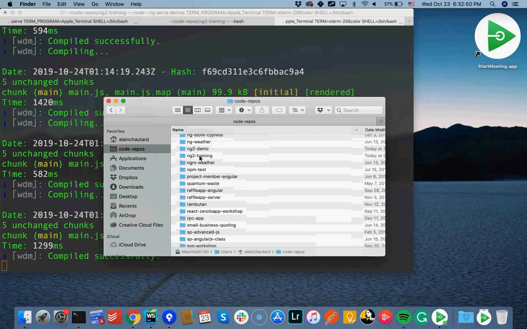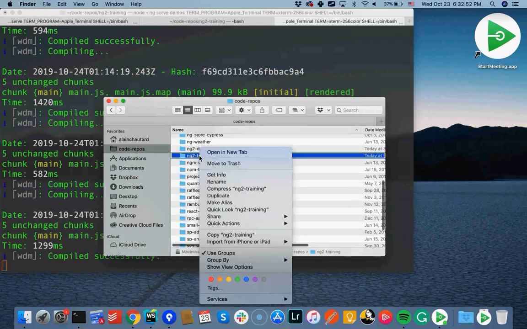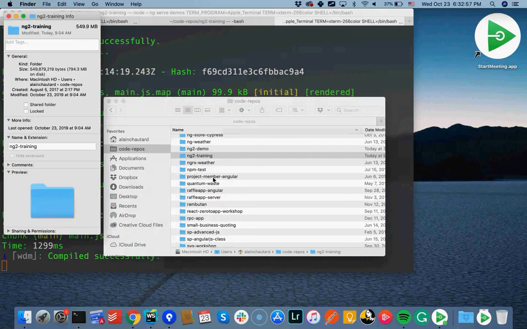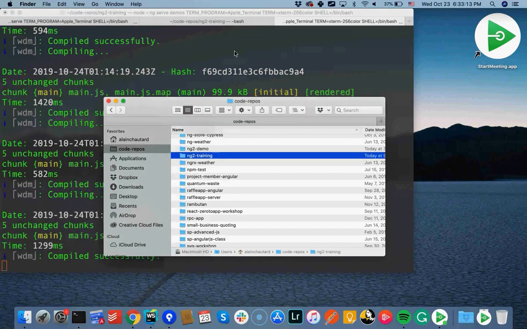So I go to NG2 training, that's the one where everything is. And if I take a look at this, you'll see that this is massive. That's 549 megabytes of code. This project, all of the code, all of the dependencies, the Angular CLI, all of that, 549 megabytes. That's way too big, right?